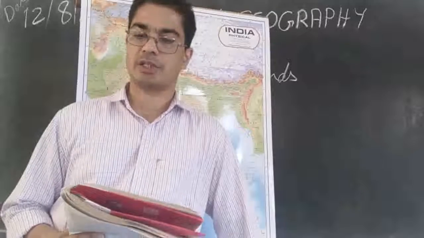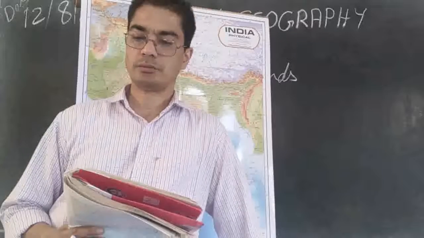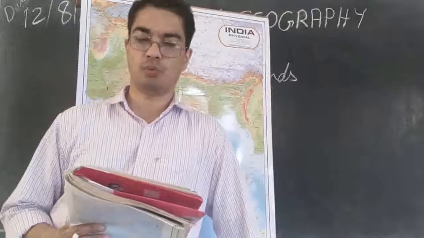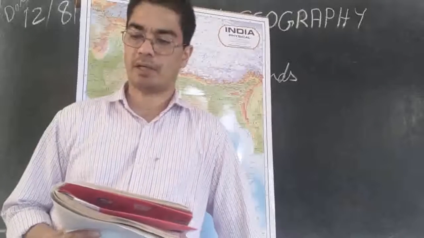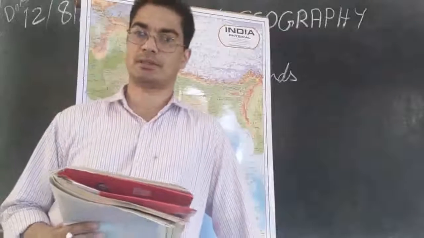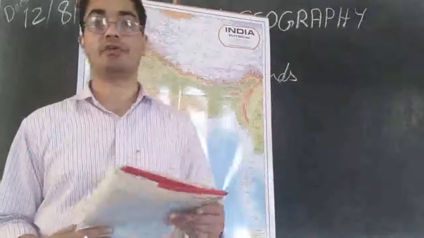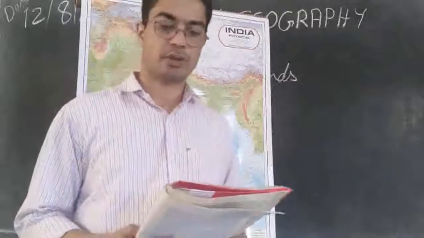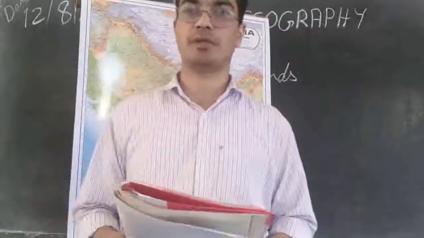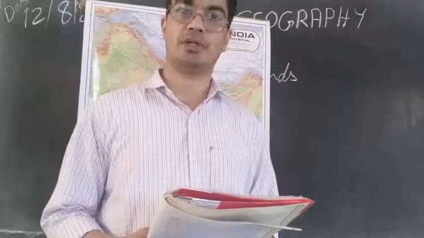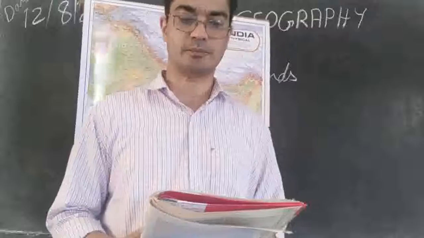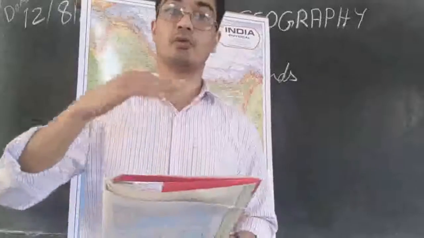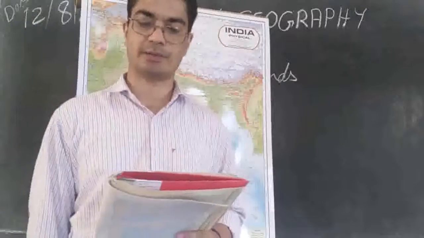And in summer, the subtropical westerly jet stream moves north of the Himalayas with the apparent movement of the sun. The sun is not moving, but we feel like the sun is moving. So during this summer, what happens? These westerly winds that are blowing towards the west, what happens to them? They move over north of the Himalayas. They start moving towards the north of the Himalayas. And